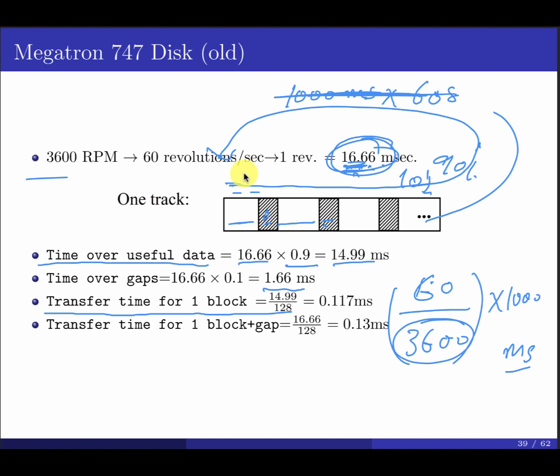No, it looks like you need to compute the time to transfer, let's say, a sector, because one sector in our example, in this scenario, equals one block. So you need the time to just go over this area, all right? So in this case, you can take what? Useful data, 14.99, divided by how many blocks you have here. The 14.99 divided by the number of blocks that we have gives the time that we spend